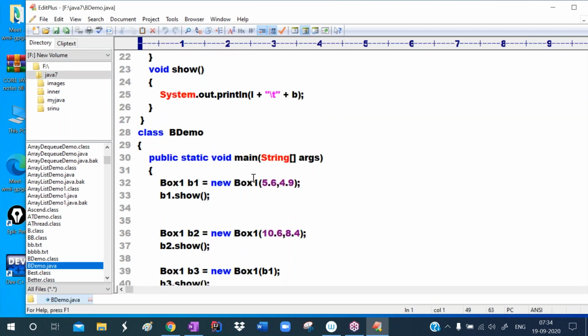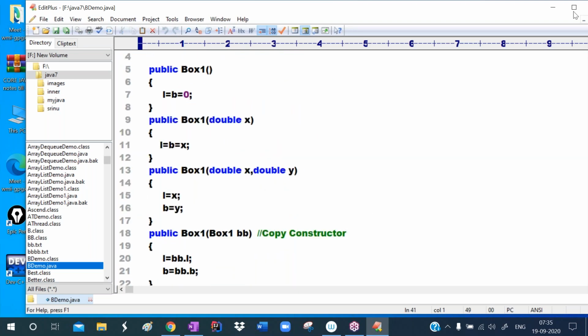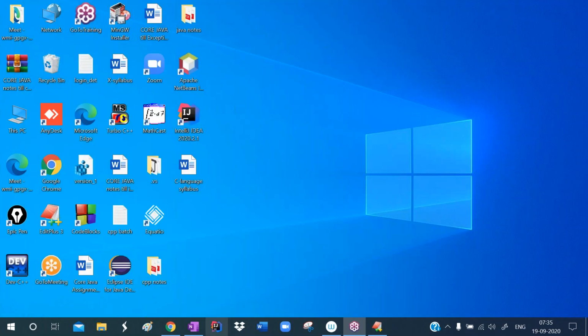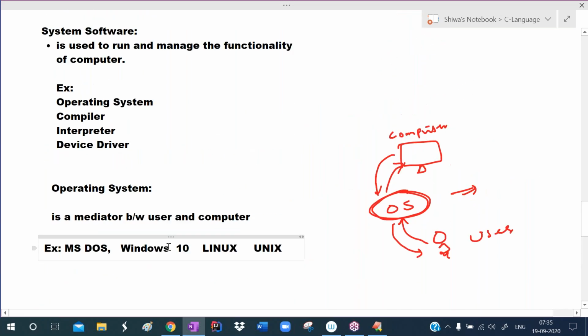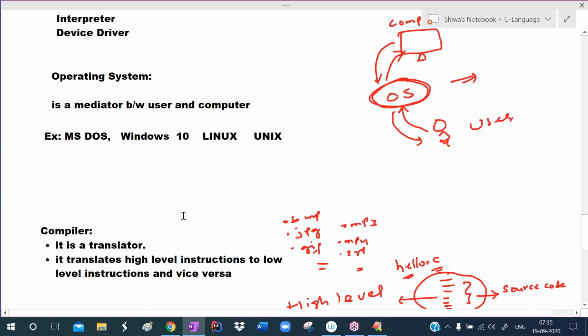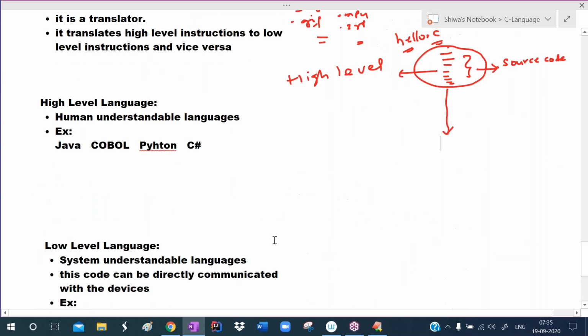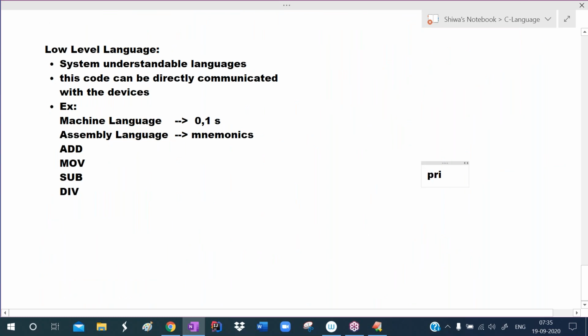See, this is the source code. This is the code we are writing. Like that, in the C language also we write the instructions. I have written printf here. To print hello on the output screen, we write like this: printf hello.